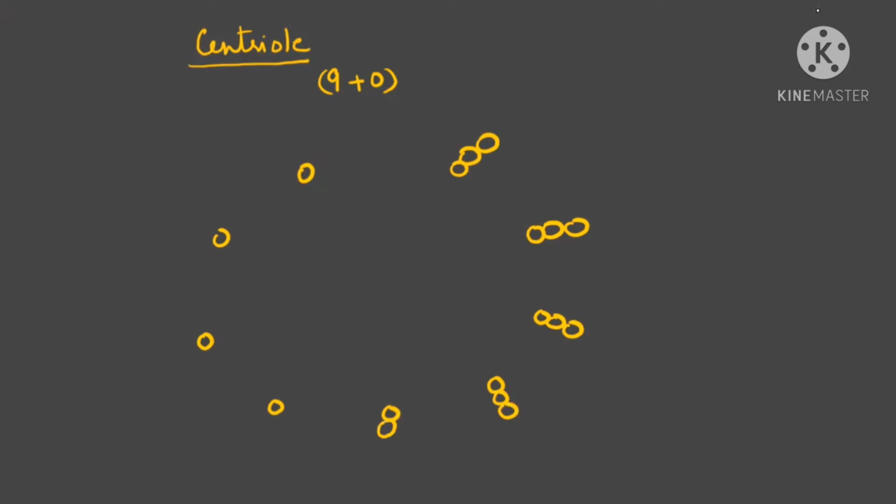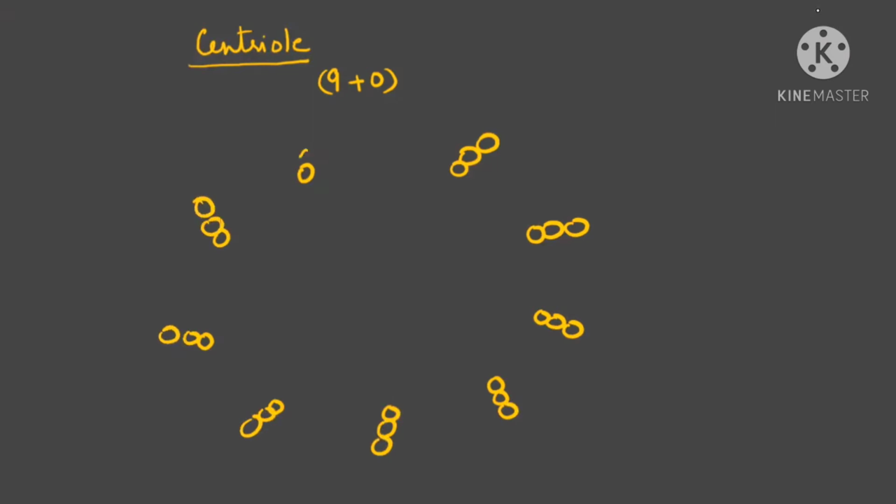Now see the structure of one centriole. If we see the structure of one centriole, we are finding it is having a 9 plus 0 arrangement. So 9 evenly placed peripheral microtubules are there, 1, 2, 3, 4, 5, 6, 7, 8, 9. So these 9 are there and they are triplet, a set of 3. Clear, beta? This is only one centriole right now I'm explaining you. And we know centrosome has got a pair of centriole which is placed at 90 degree to each other.